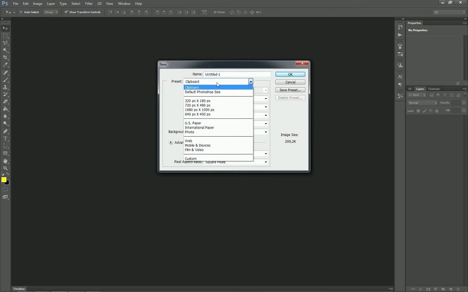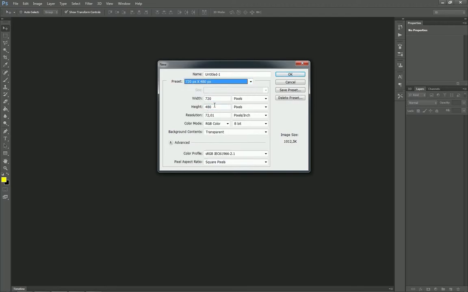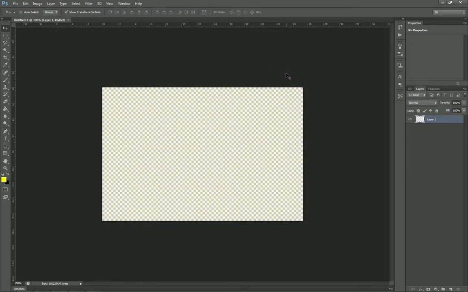and I will select one of my custom made sizes. It's not relevant what size it is, it depends on which smart object you want to do. In my case I will do this size, 720 by 480, and we're going to make the background transparent. Select OK. Now we have our work area here,